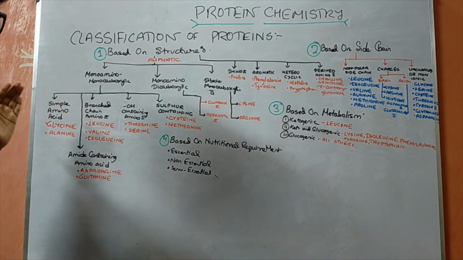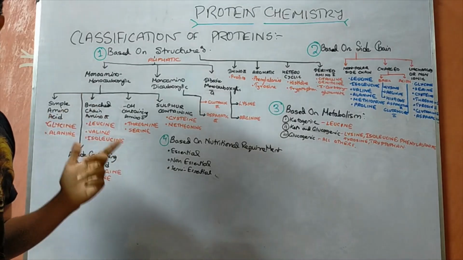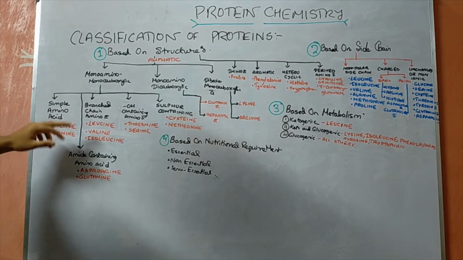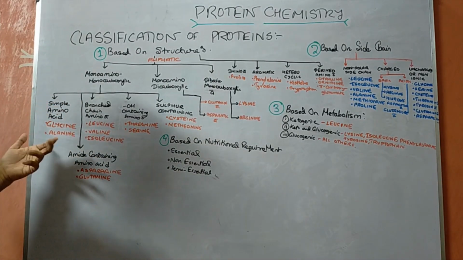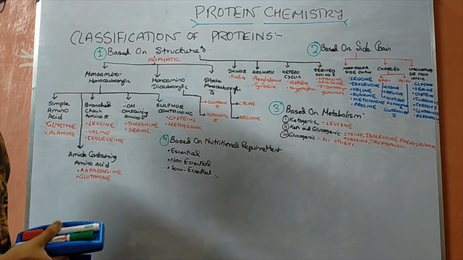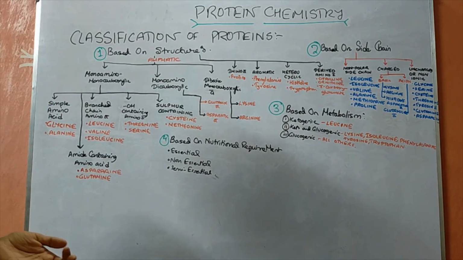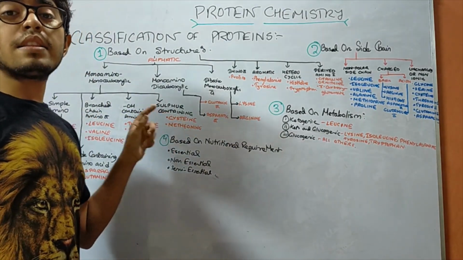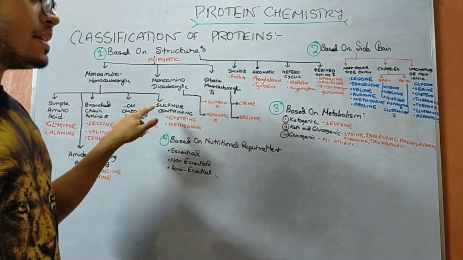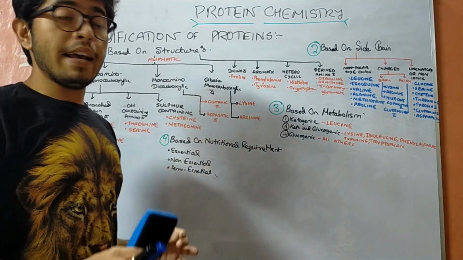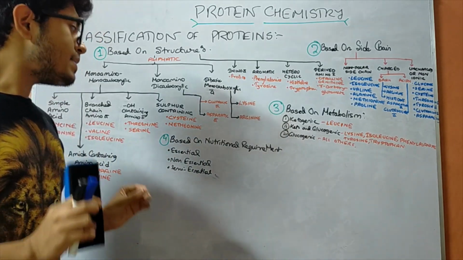Glycine is an amino acid which has got a chiral carbon, whereas the others include the amide-containing amino acids asparagine and glutamine. Branched chain amino acids are leucine, valine, isoleucine. The hydroxy-containing amino acids are threonine and serine. Sulfur-containing are cysteine and methionine. Methionine contains a thioether group, and when a cysteine molecule is conjugated with another cysteine molecule, it forms cystine. So there is a difference between cysteine and cystine.